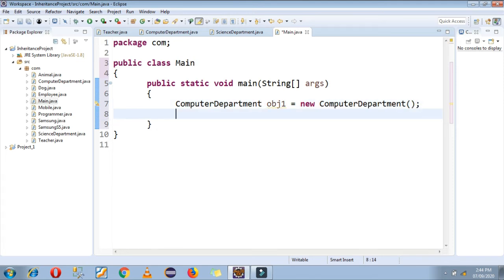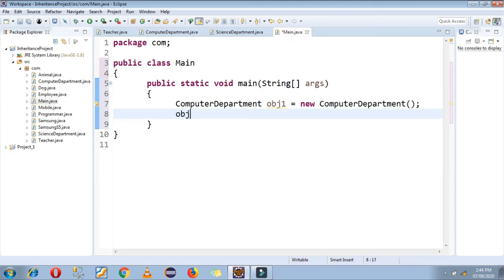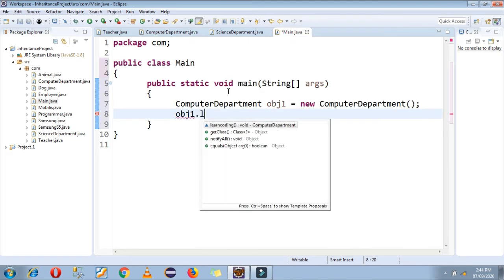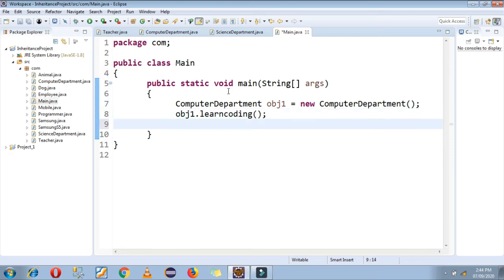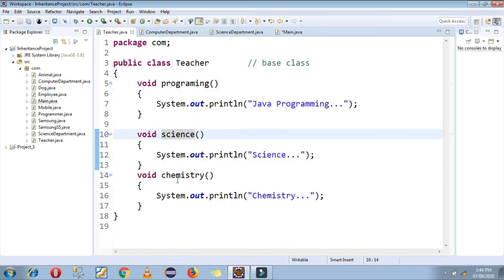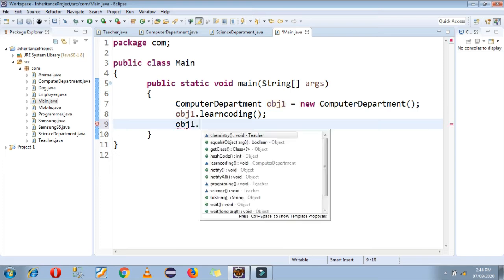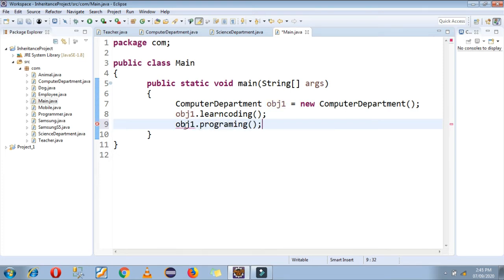Now I want to access a property from the computer department class, learn coding, so I will call the learn coding function. Now I want to access some properties from the parent teacher class. There are three functions: programming, science and chemistry, but for the computer department class I just want the programming function. So using the computer department's object I am calling only those properties which I want, only the programming property.